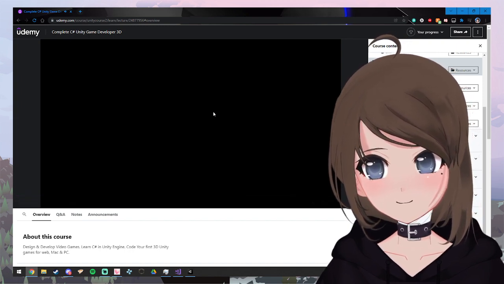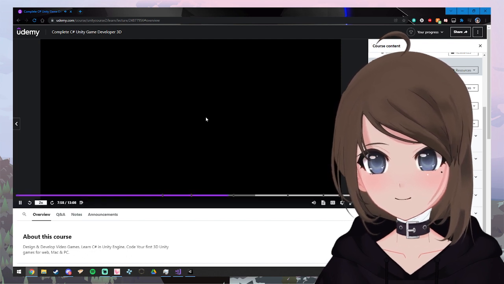I've got one cube. I can rename the cube by clicking on it once and then slowly clicking on it a second time, or more accurately, clicking on it once, leaving a delay, and then clicking on it a second time. I'll call this car body. So I've renamed my game object.